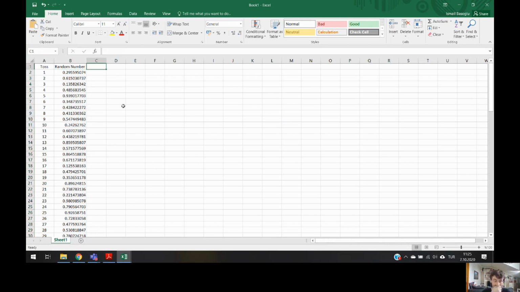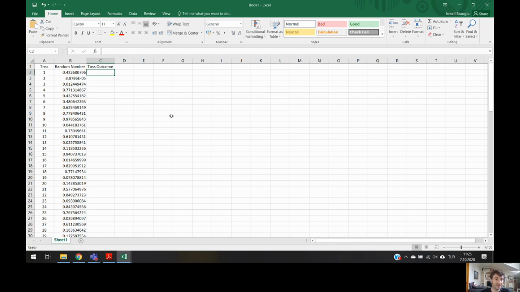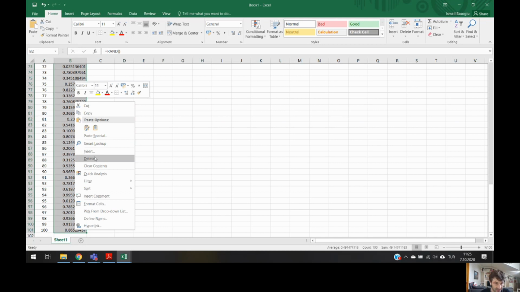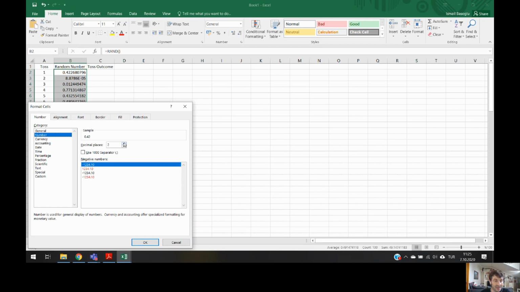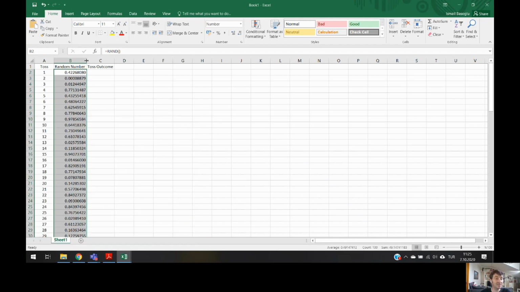What I am going to do is this. I am going to determine the toss outcome. Okay, toss outcome here, and it is just going to be heads or tails, and I would like to have these numbers specifically be observed by formatting the cells. I just want to see exactly 8 decimal digits after the decimal point. Okay,